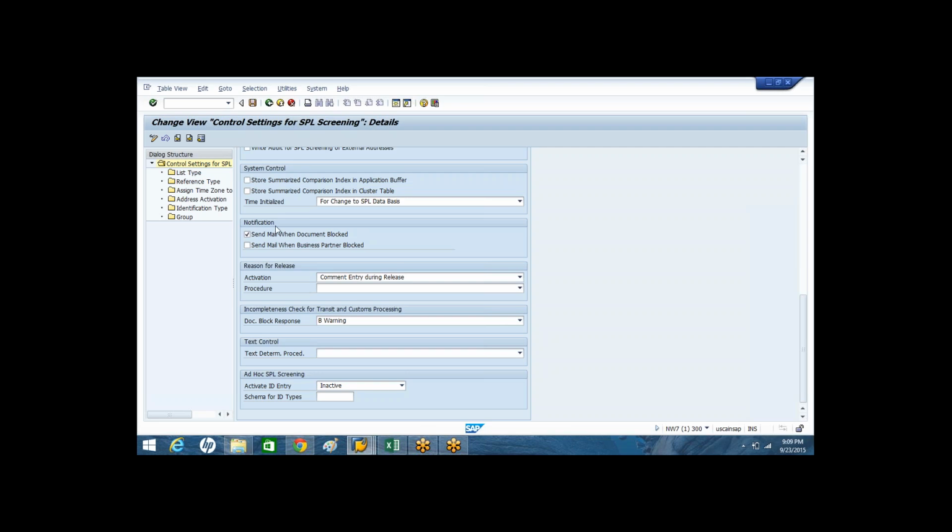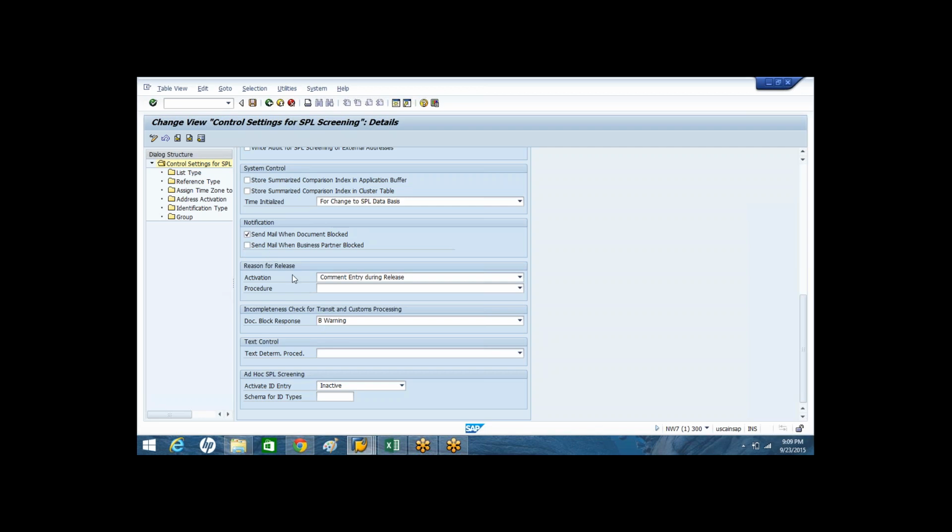And also, whenever you want to generate an email notification when your business partner is blocked for the SPL screening, then you can activate the next configuration, that is send email when the business partner is blocked. And apart from this, the other two important settings are reason for the release.